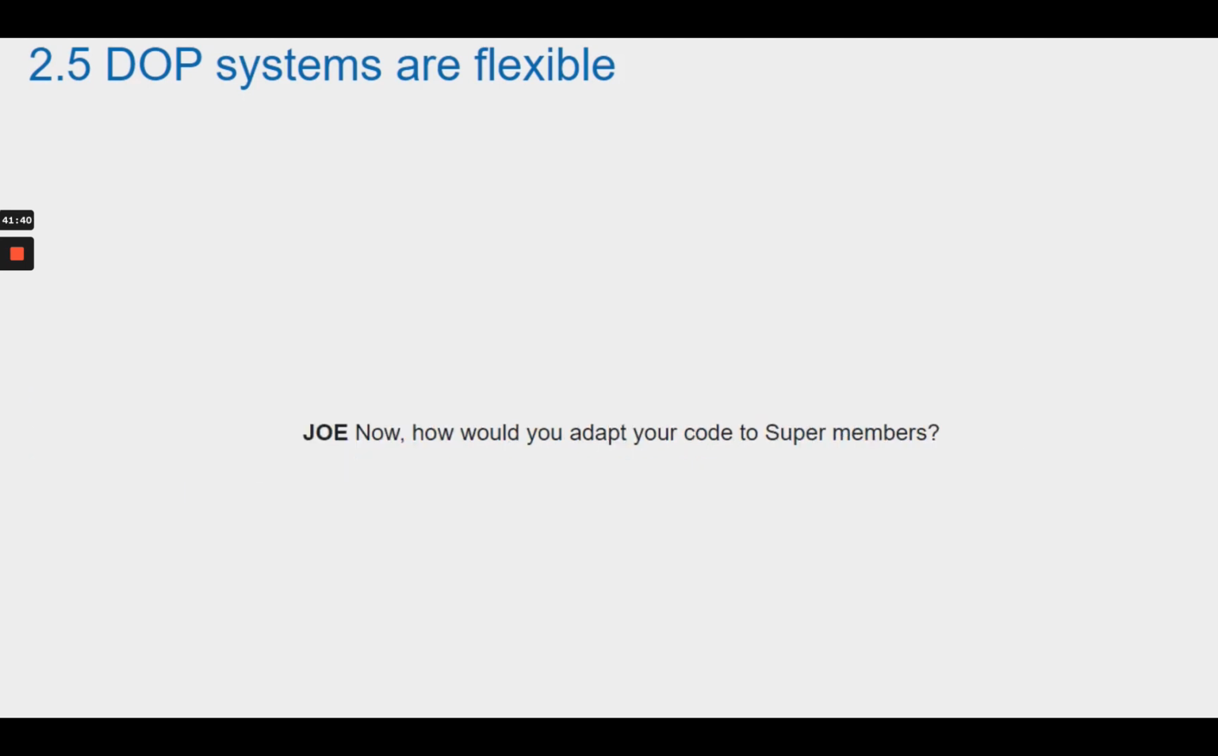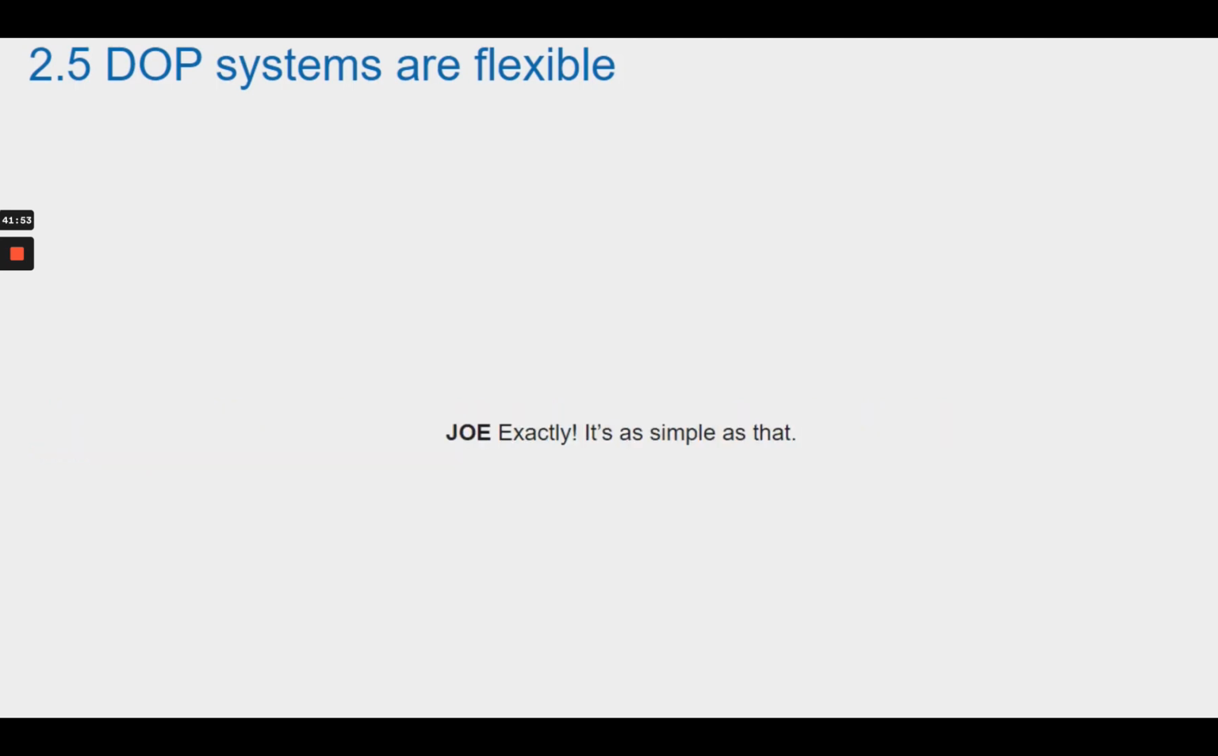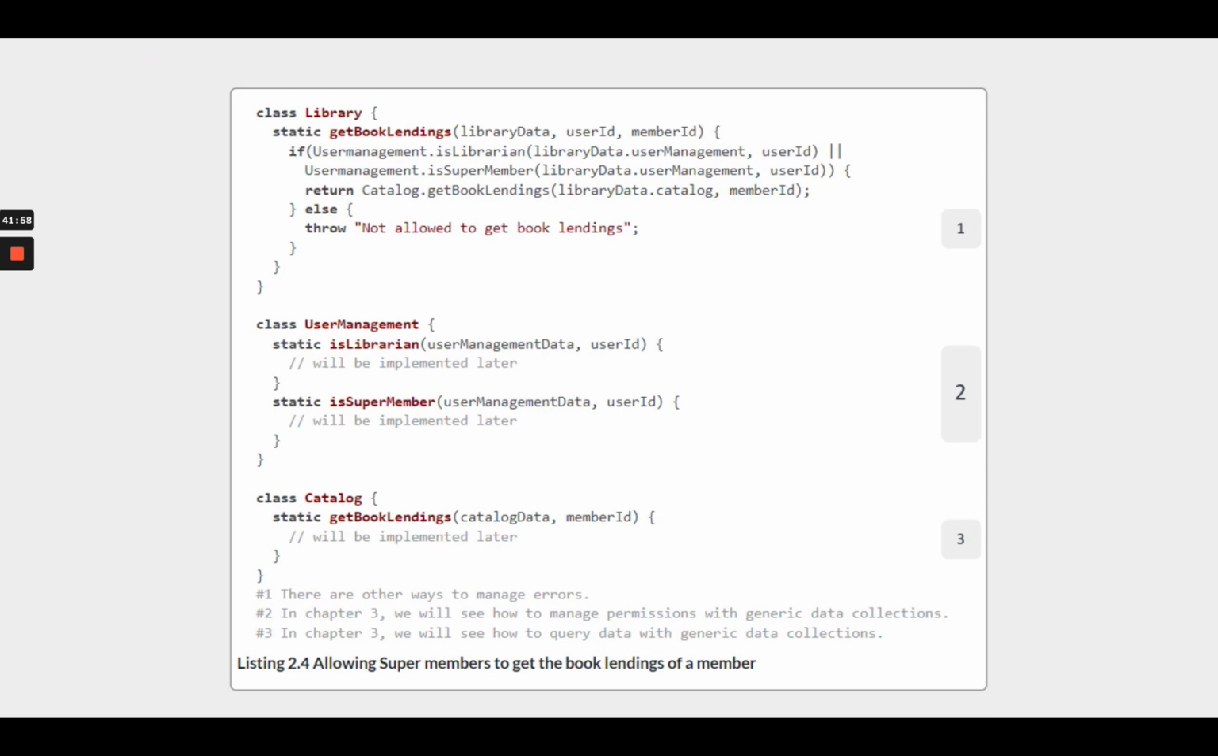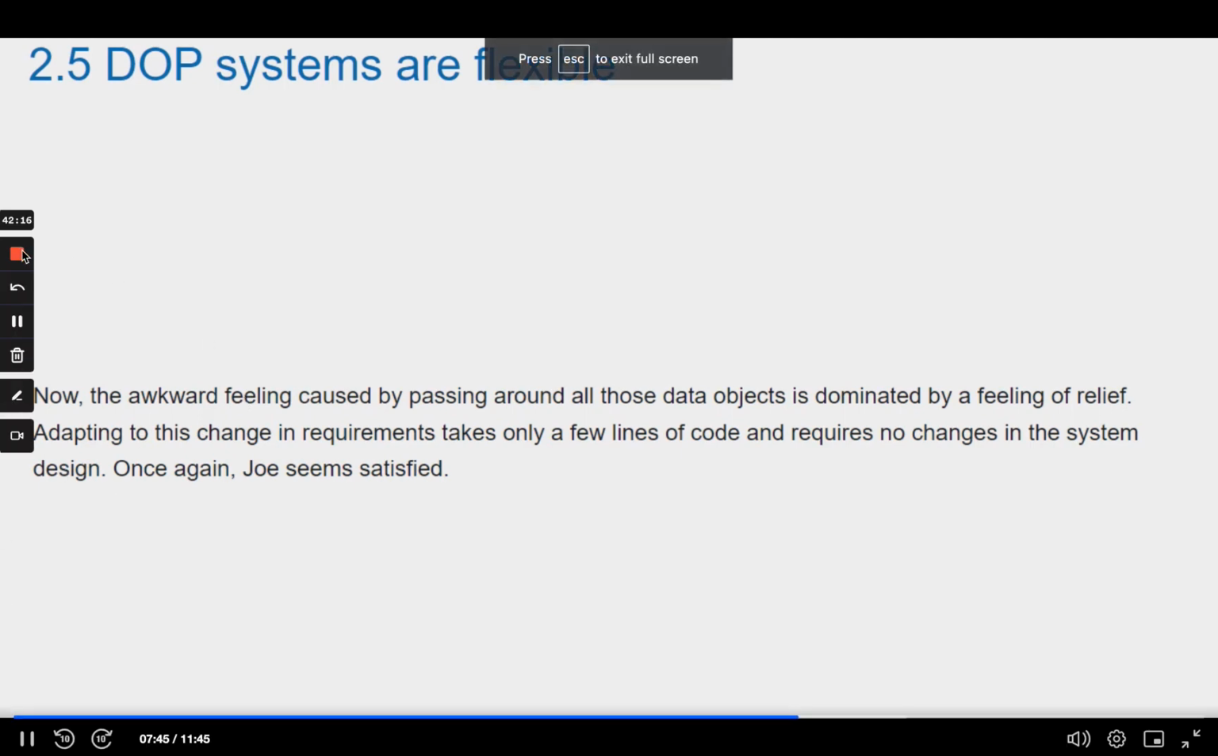Joe, "Now how would you adapt your code to super members?" Theo, "I would add a function isSuperMember to the user management module and call it from library.getBookLendings." Joe, "Exactly. It's as simple as that." Theo types the code on his laptop so that he can show it to Joe. Here's how Theo adapts his code for super members. Now, the awkward feeling caused by passing around all those data objects is dominated by a feeling of relief. Adapting to this change in requirements takes only a few lines of code, and